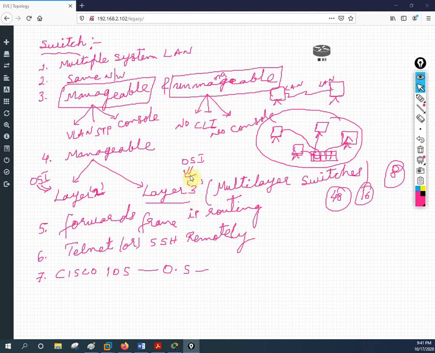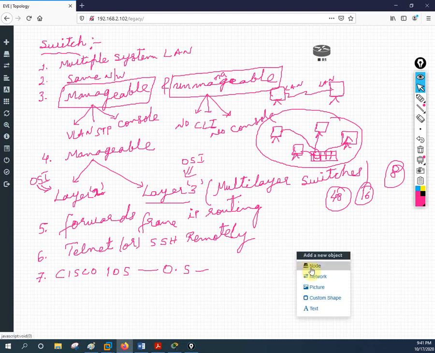Same thing: if anyone asks you to check the version of this switch, you can do the same as we did yesterday. You write show version to check the switch version, and you can check it when the switch is powered on. Let me go here and take one switch. See here, this is EVE-NG, and I am doing this in EVE-NG now. We can use EVE-NG as well as Packet Tracer as well as GNS3, but in Packet Tracer not all the commands will execute. So for that purpose we will use GNS3 or EVE-NG. Some labs we will do in GNS3, some in EVE-NG.